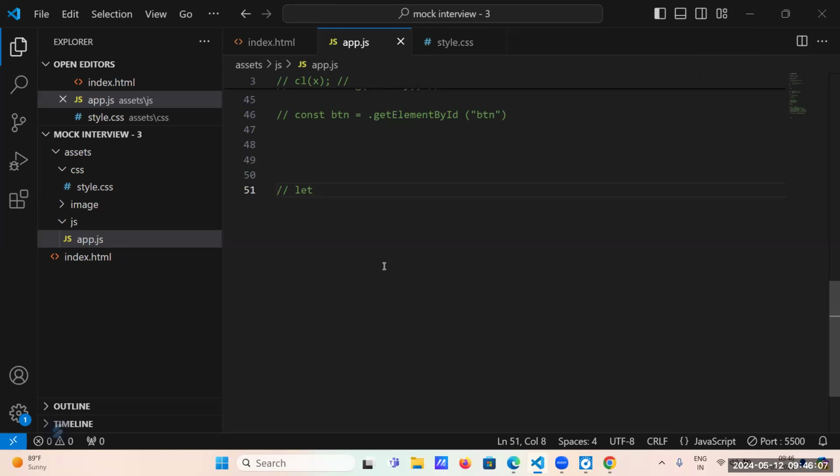Okay. Can you tell me the difference between some and every? In some, in some array method, we need to pass at least one condition, and it returns a boolean value.